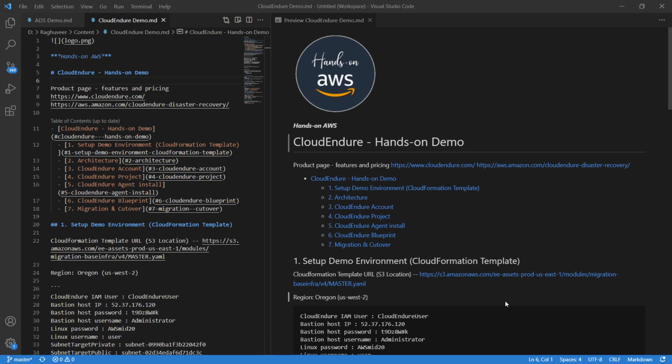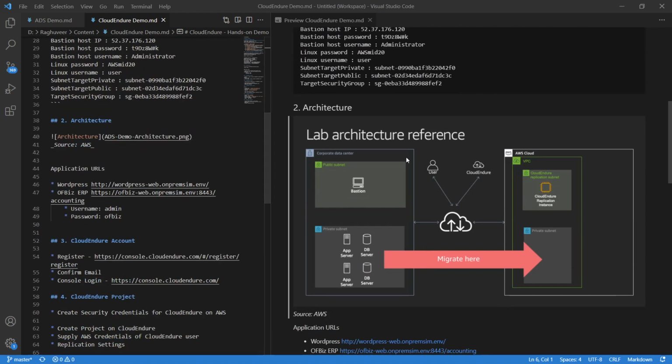The demo environment consists of a VPC with a private subnet that simulates and serves as a proxy for a corporate data center. It runs two applications, with one application and one database server each. And there is a Bastion host, which is a Windows server that lets you remotely access those servers, even though they are in a private subnet. We will use this as a source environment and migrate that to the target cloud environment using Cloud Endure.